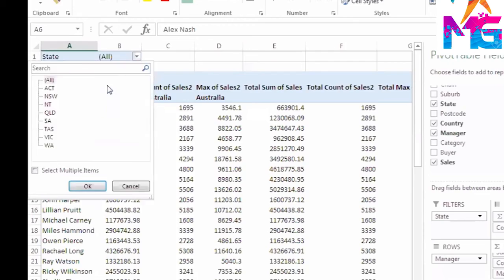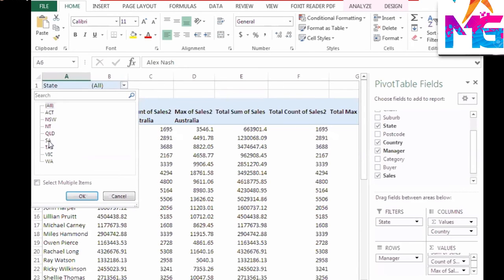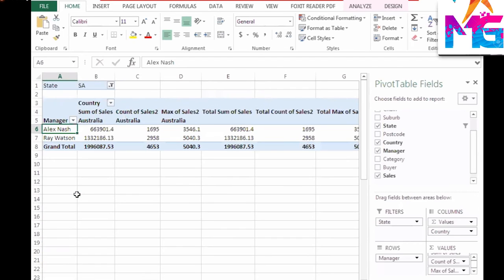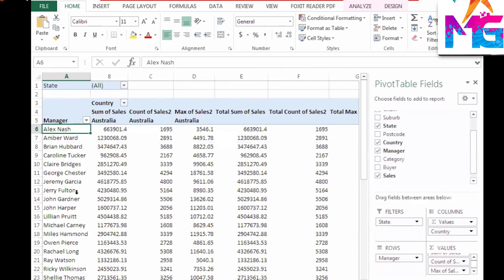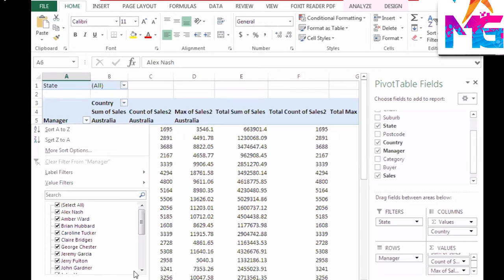Okay. Suppose I don't want to see all these managers, but only a few managers, or all the managers whose name begins with A or J, something like that. So what you can say is filter, label filter, begins with or ends with, something like that.